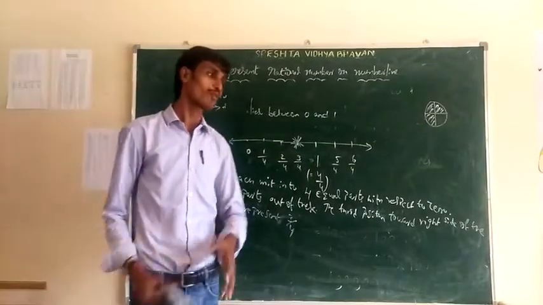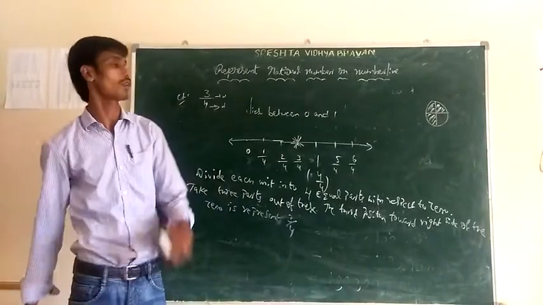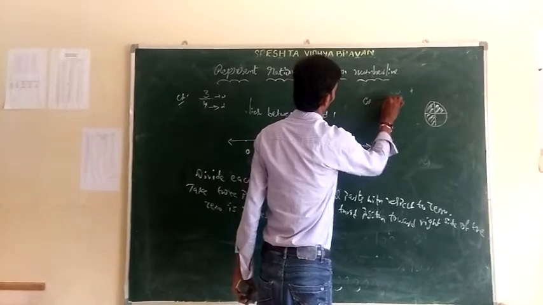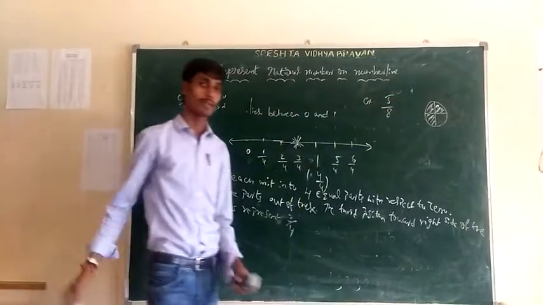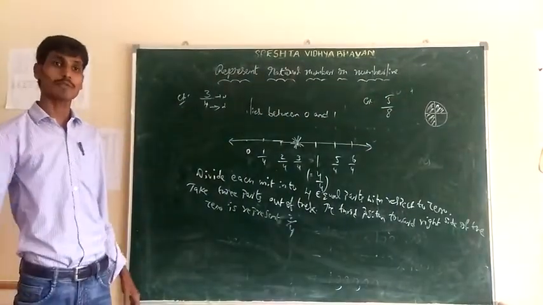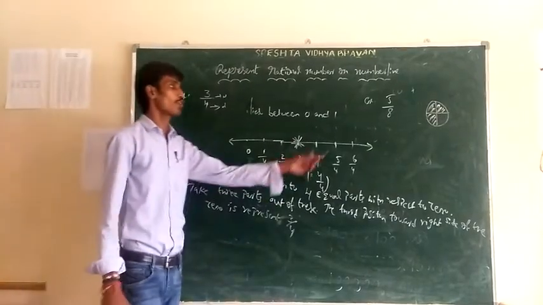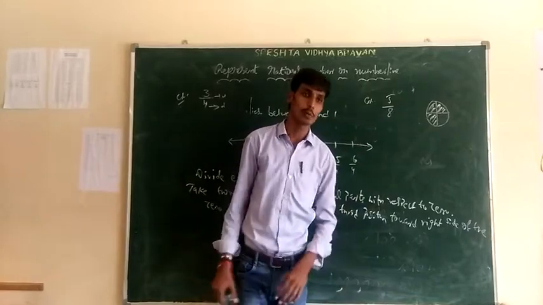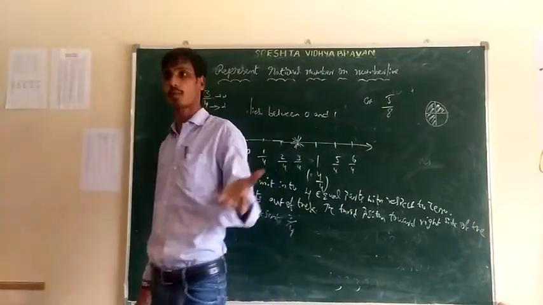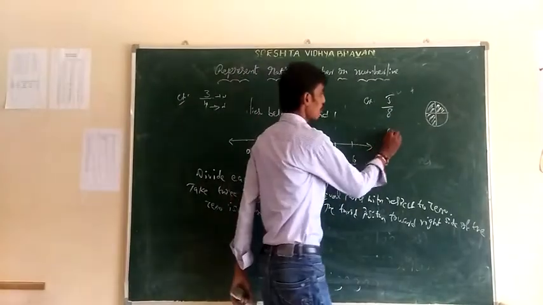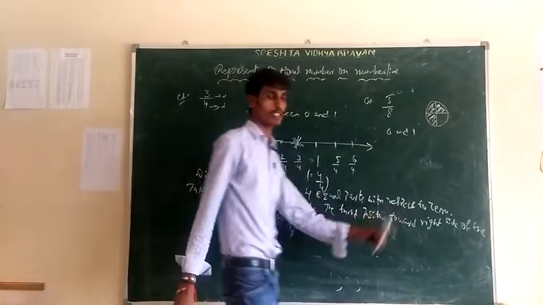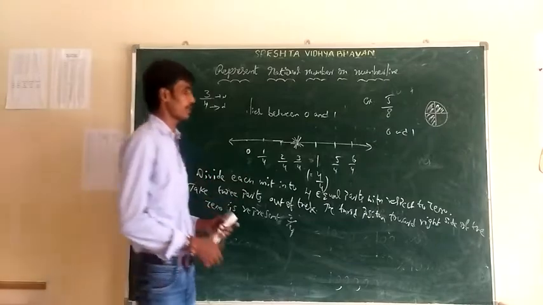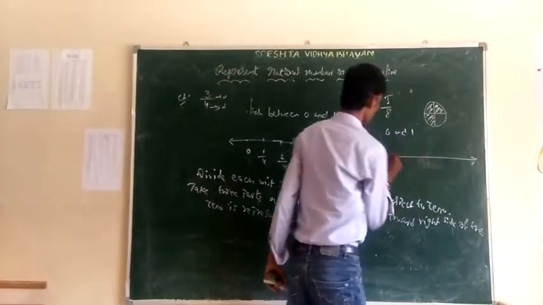For example, we have to consider another rational number. So that is first, like 5 by 8. That is 5 by 8. So tell me what are the steps we need? Okay. So is it a proper fraction or improper fraction? So it is a proper fraction. That means it must lie between 0 and 1. Okay, that is first. That means represent number line.